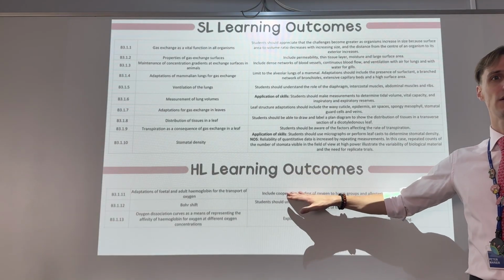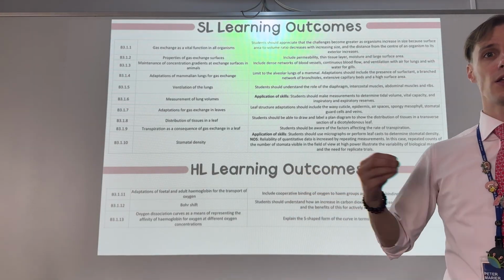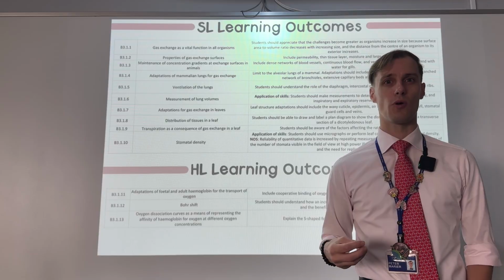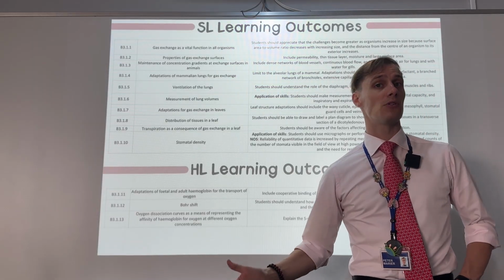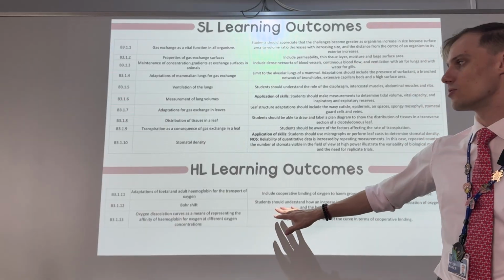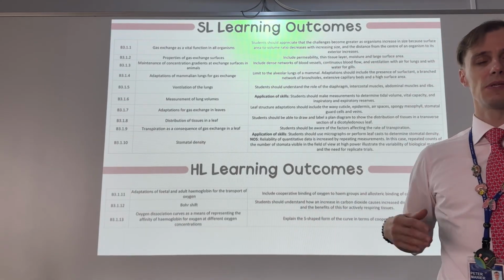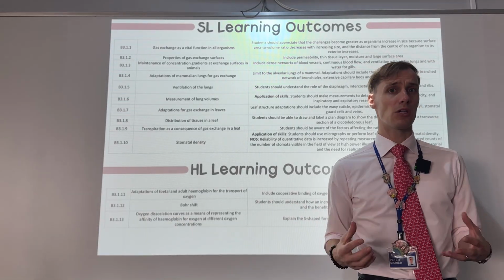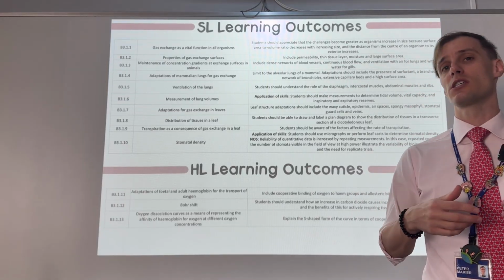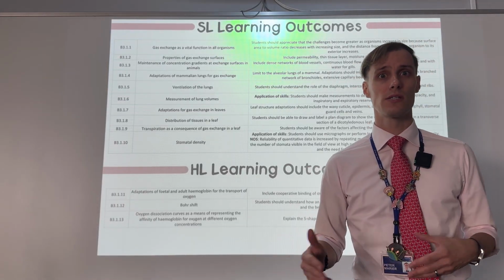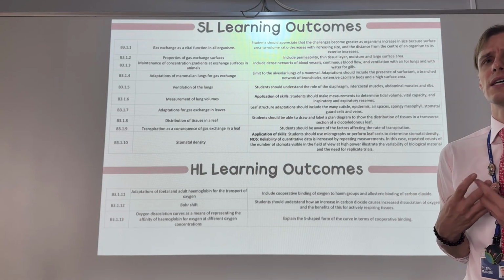In the additional higher level learning outcomes, there are 3 new ideas that we're going to explore. Now, unlike the SL component that looked at both animals and plants, this one only deals with that of humans. And specifically, how is hemoglobin adapted to really carry out its function? And while hemoglobin has been explored in other subtopics in this course, this subtopic really starts to dive into questions